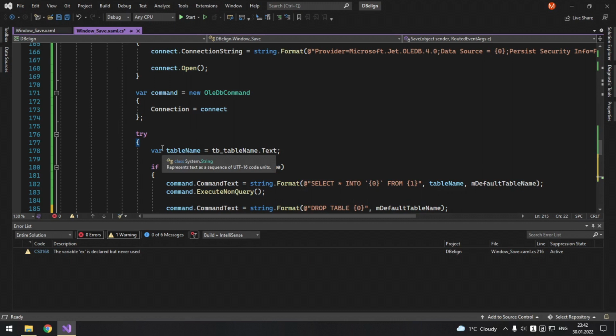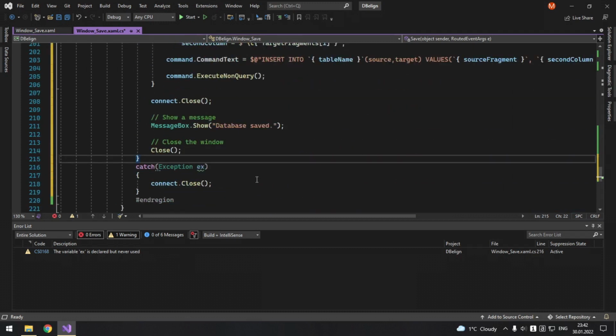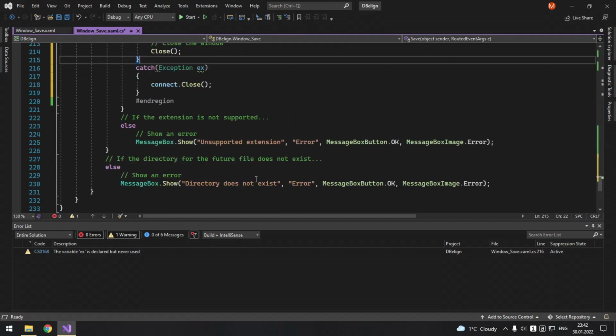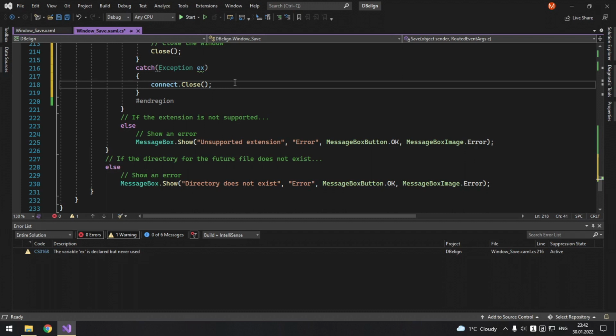Because just imagine that the user has made a ton of work aligning all those fragments, like for a few hours, and then he tries to save the work in the database and the program just gives him an error. Well, if you are trying to sell your program, that's probably the end of your selling career.